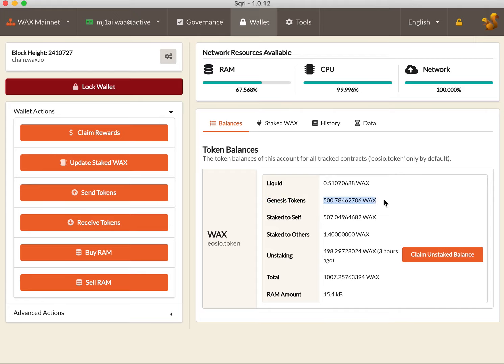So as you can see, I have 500 Genesis tokens on my account. That way, if I want to unstake, this value is an important metric for me, because that way I know not to unstake more than 500 tokens. It's going to affect my Genesis tokens. So Sqrl gives you just a quick overview on your Genesis tokens,